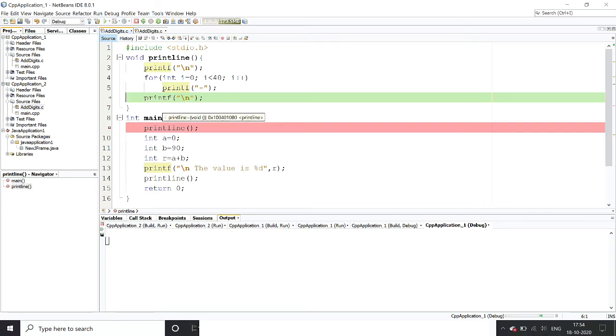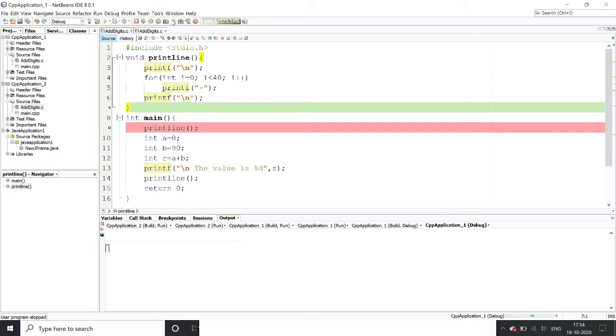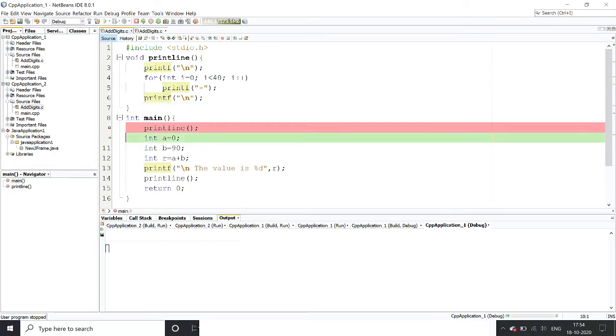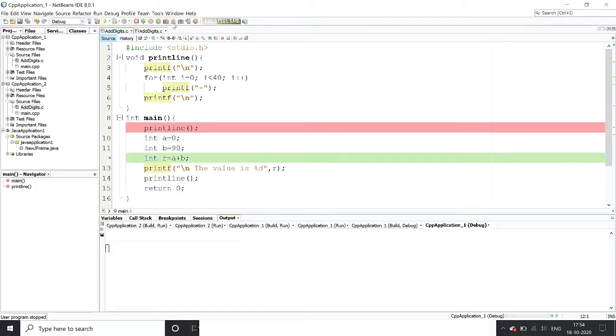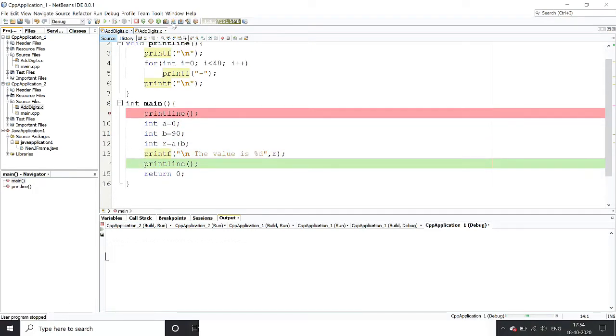So when the control returns from here, it will jump to line number 10. See, when I click next again, it will jump from here to line number 10. Then it will execute lines 10, 11, 12. Then it will print this. Okay, after printing, again it is showing print line.